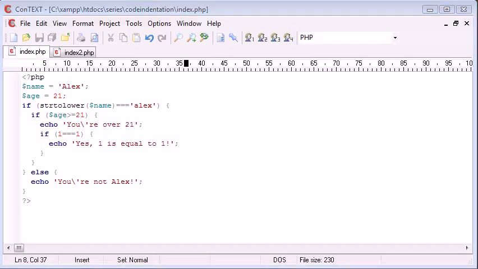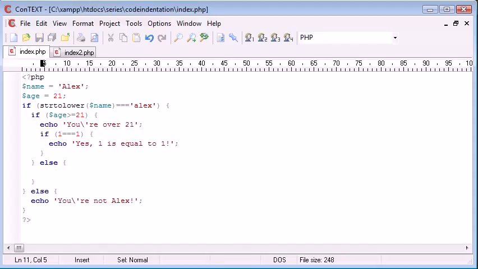see how code indentation makes a whole lot of difference when you're trying to view a file. For example, it's saying if age is greater than or equal to 21, maybe I want to create an if else statement rather than just an if statement. Let's go down and we can automatically see that's the end of the block, and we can start typing on here. My text editor automatically indents for you. I think Notepad++ is a lot better at this than Context, as well as a variety of other editors. Now we can just type in something here, not over 21 for example,